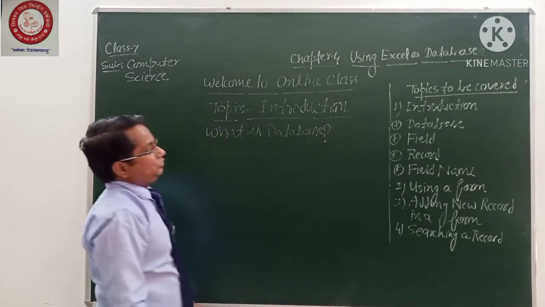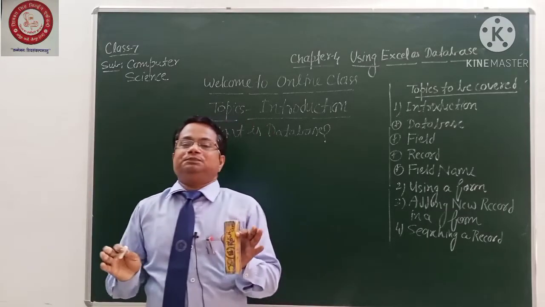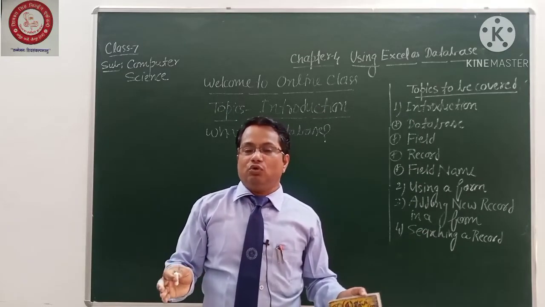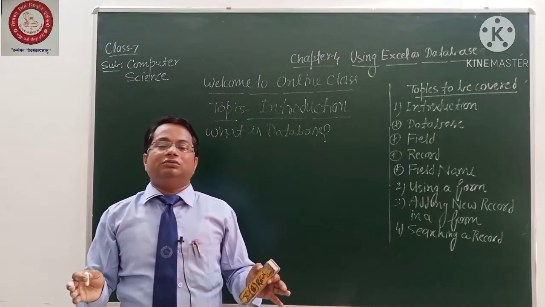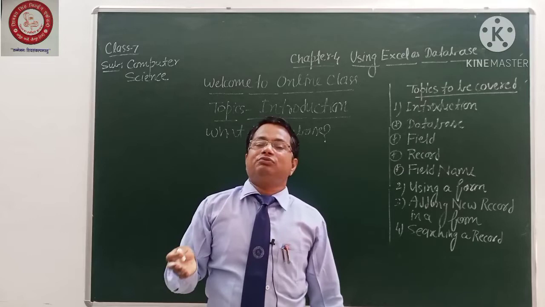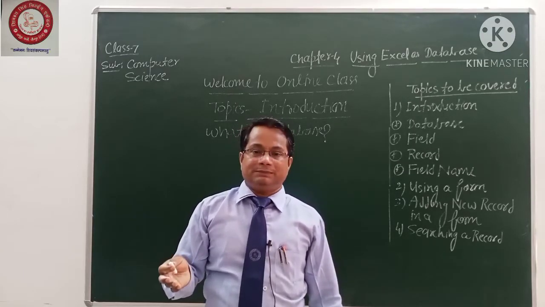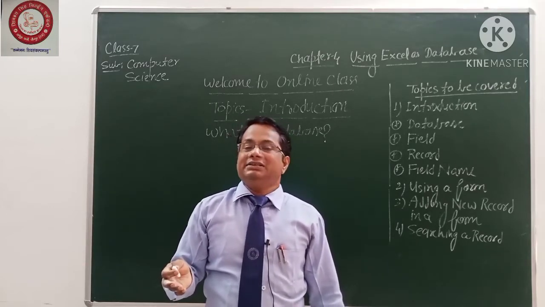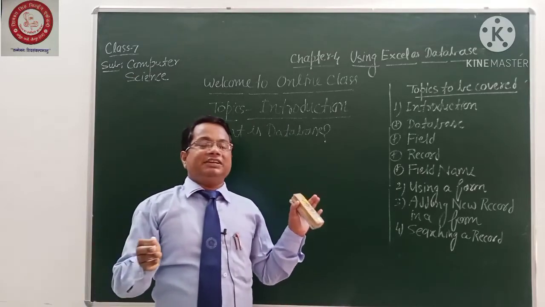Right? So as you know, in Excel your whole worksheet is made up of rows and columns, and we use these rows and columns to enter our data. Many kinds of data you write, but mainly there are only 3 types: text, number, and symbols, right? These 3 kinds of data you are going to enter in your Excel sheet. Now students, so what is a database?